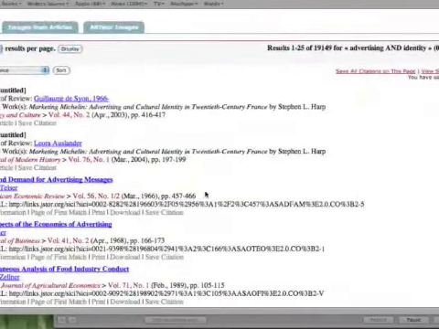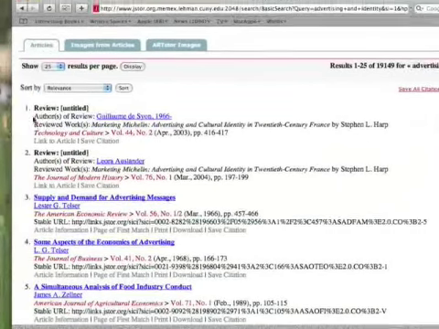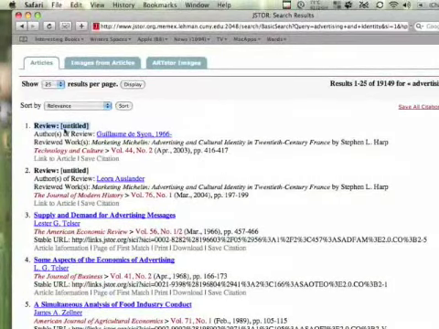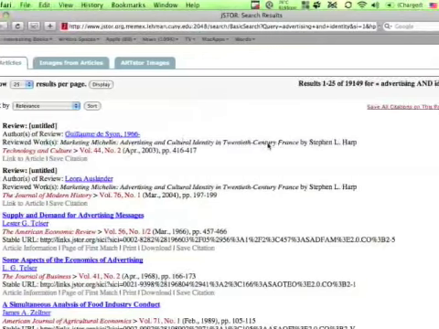What's important, you see something called "Review: Untitled." Generally that's a review of a book, and you can see the person who wrote the review, the 1966 edition, whatever, but you can also find the reviewed work, which is a book called Marketing Michelin: Advertising and Cultural Identity in 20th Century France.